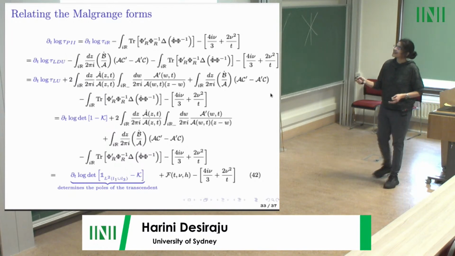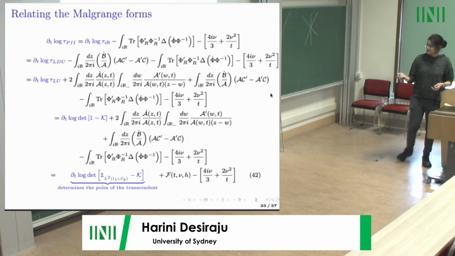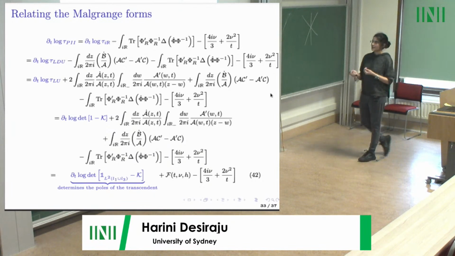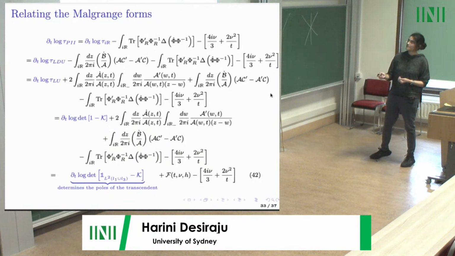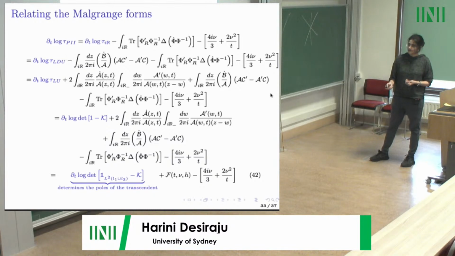It took 2 pages. Anyway, so you can do everything explicitly. But what is the punchline? What is the punchline in the slide is the following. If I want to know where the zeros of the Painlevé II tau function are, you